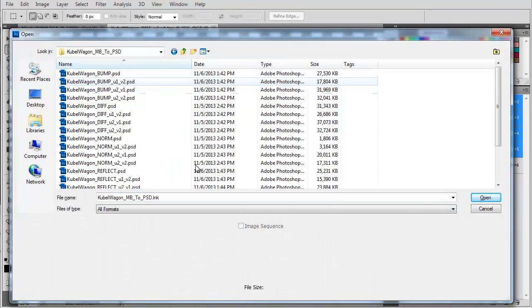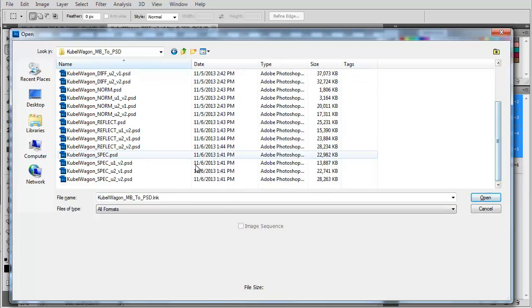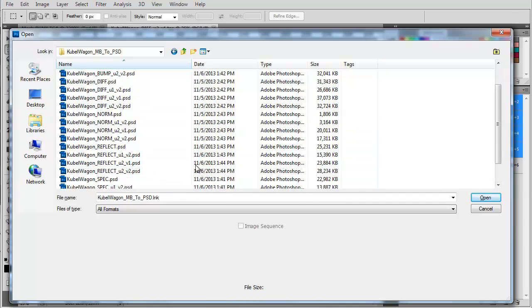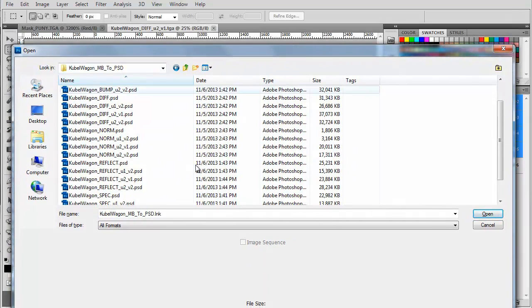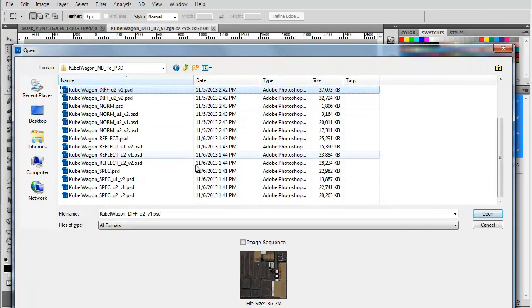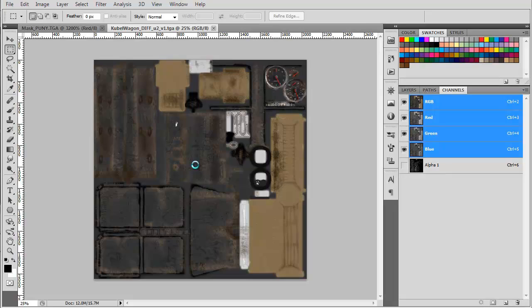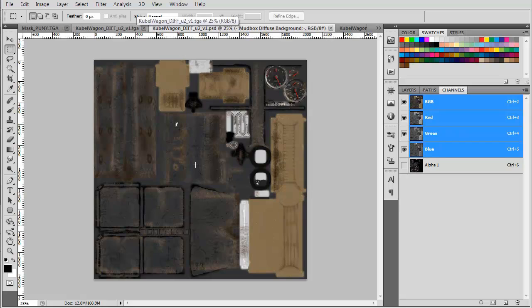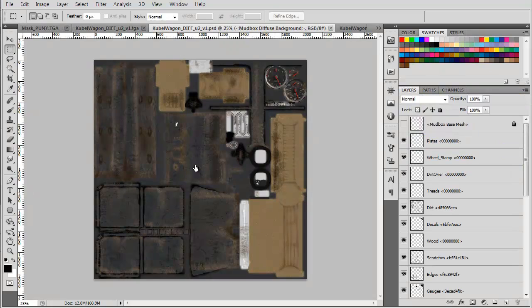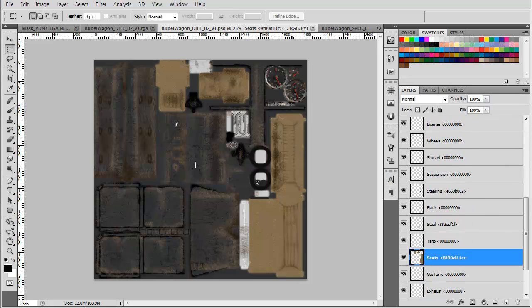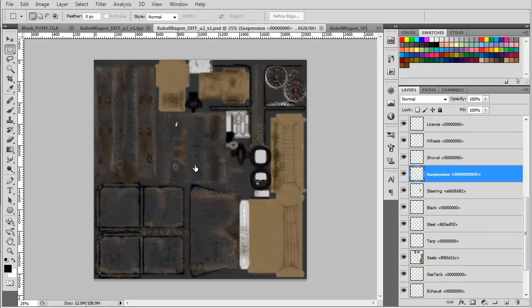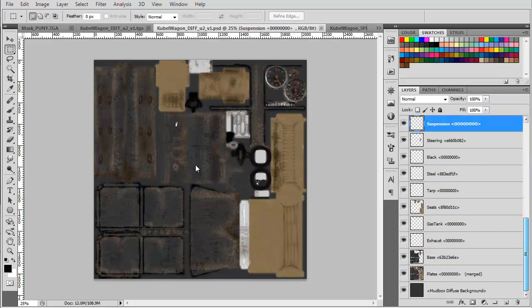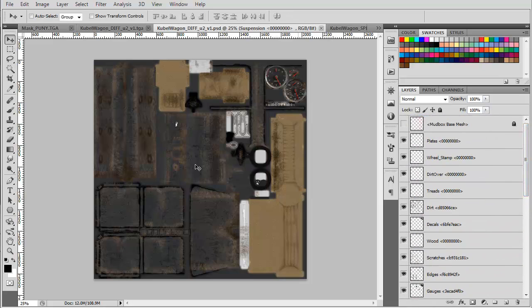So I need to open up the Photoshop file, and I need to remember which image it was. So I go to specular there, and I look up at the top. U2V1 is the one that I'm looking for. So I go over to the actual layers and I hold Control and click on the seats layer, I believe. Well, actually no. What I do is I hide everything but the seats,